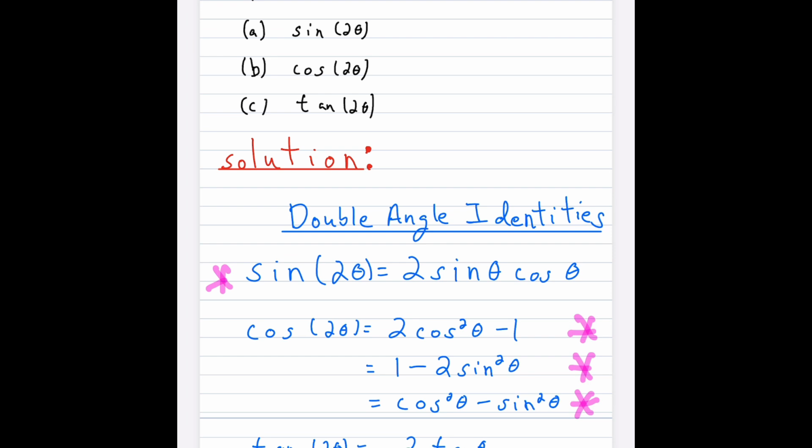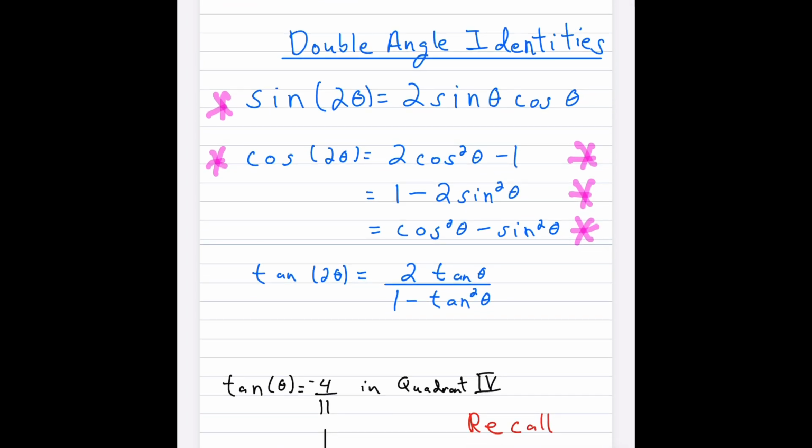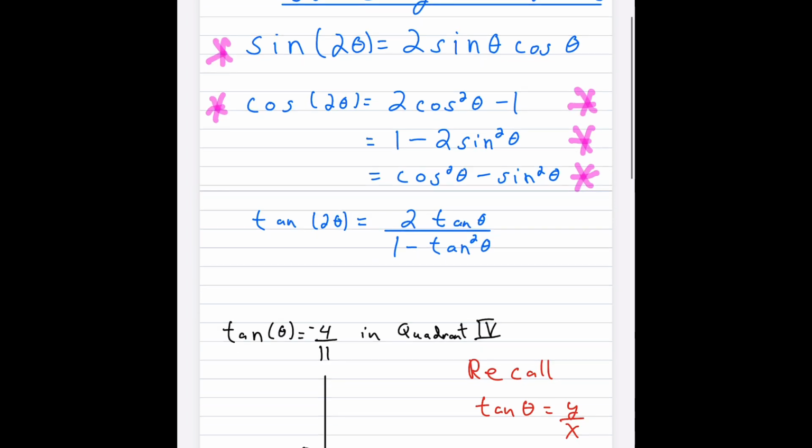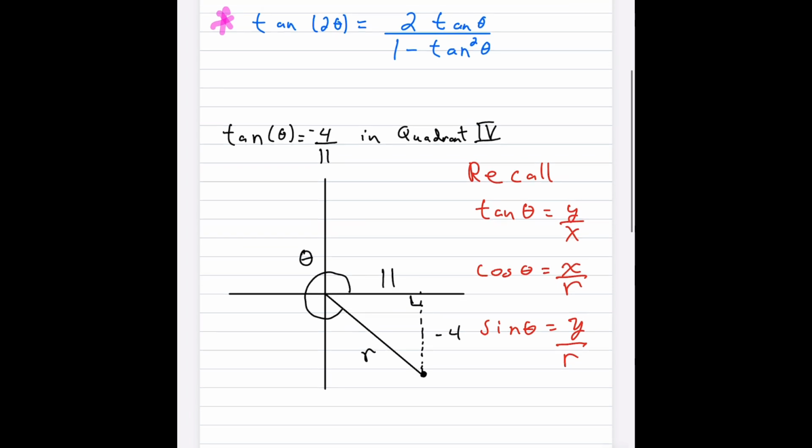figuring out the cosine double angle is a little more complicated because it depends on the information that's given. For the sine double angle formula, that's a little easier because you know exactly what you need to find: a sine and a cosine. And then finally we have the tangent of 2 theta equals 2 tan theta over quantity 1 minus tangent squared theta. So when we're looking at these types of problems, the first thing I'd suggest we do is